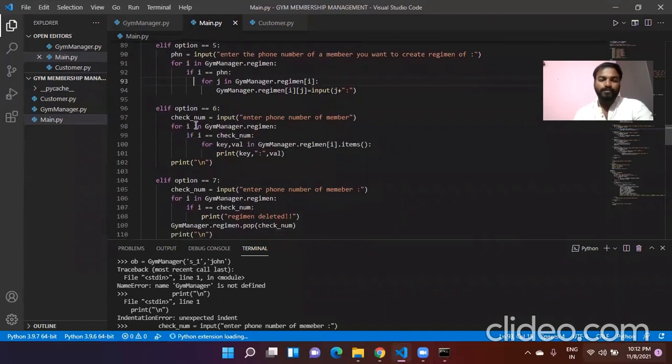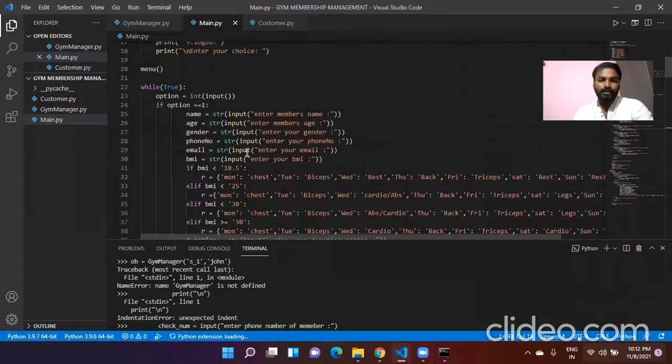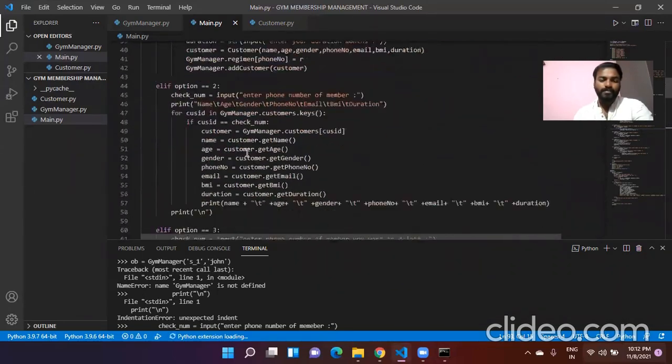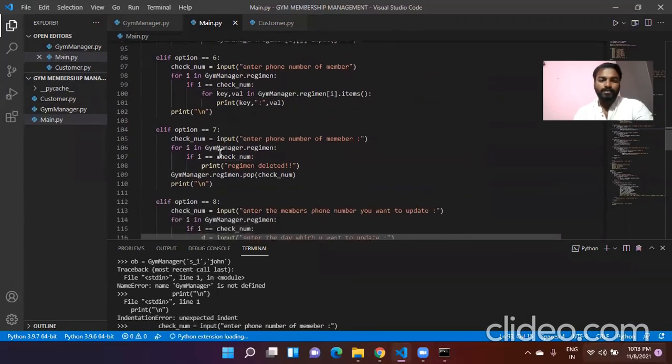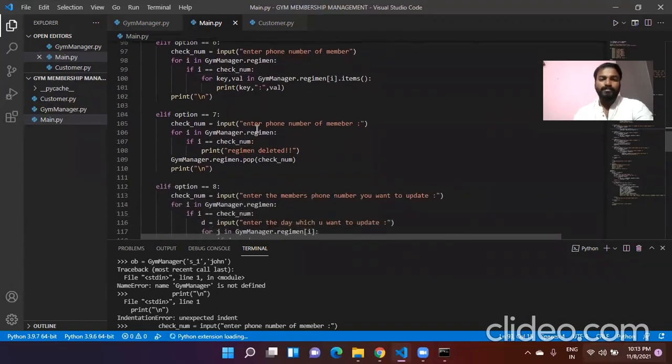Here option 6 was view resume, then after option 6 we go to another option. Option 7 will delete the resume.